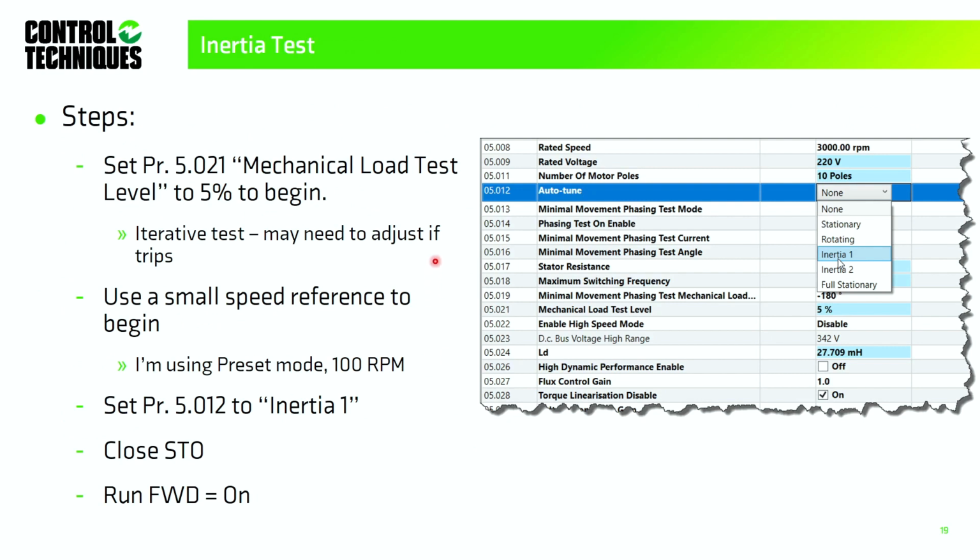So the inertia test is like this. Now, the first thing I do is set menu 5 parameter 21, mechanical load test level. This basically sets the magnitude of the torque reference that is used during this test. So 5% is 5% of the rated torque of your motor, or of your drive and motor combination. So this test will involve the motor moving also, by the way. It's going to oscillate back and forth